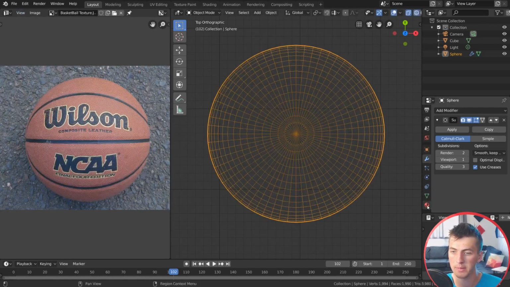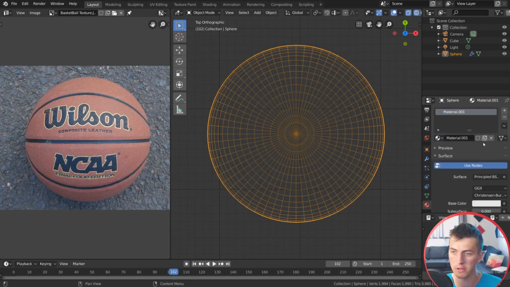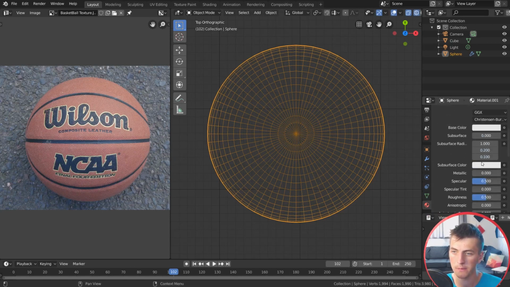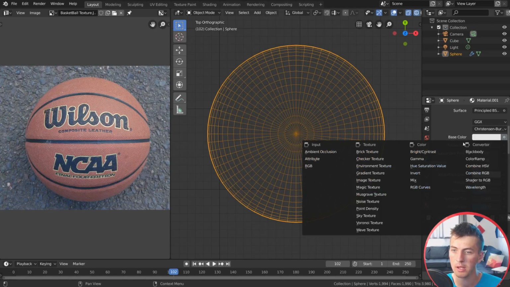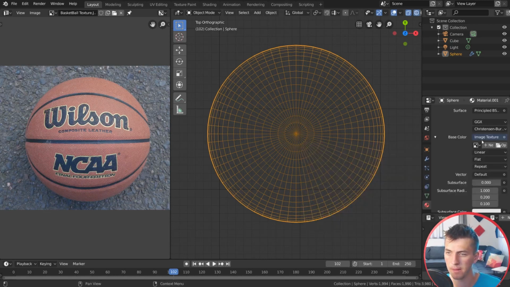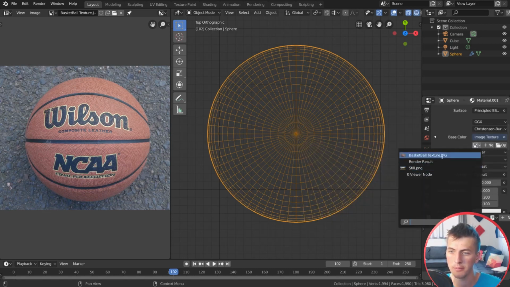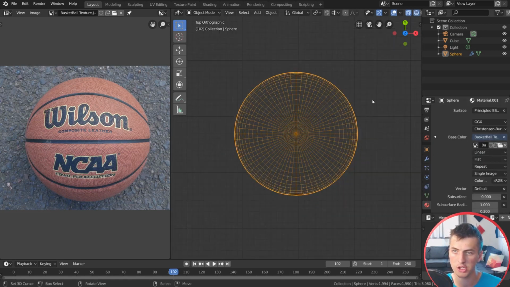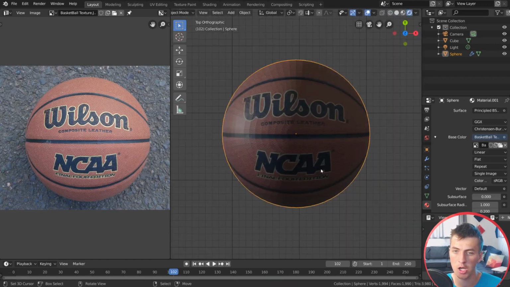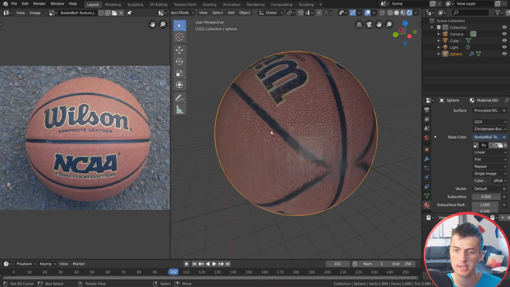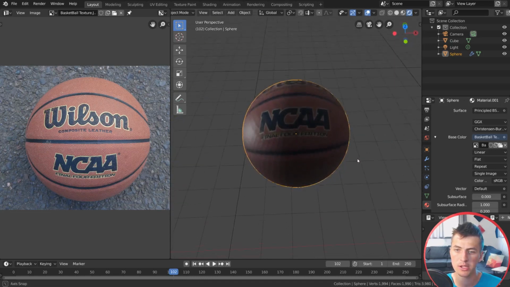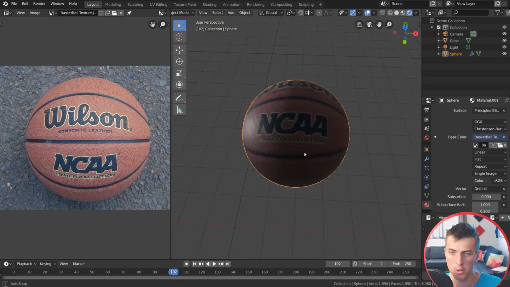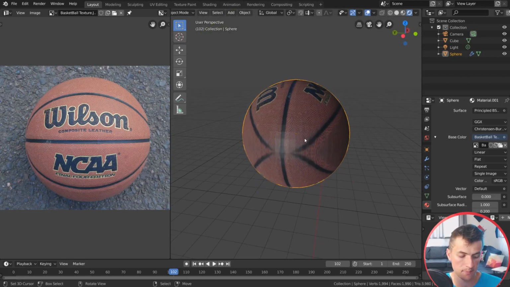I'm going to click on the material tab here, go new material. Under the base color here, we're just going to click that little button there and choose image texture. And this image texture is going to be the one we just opened up. If you click the little drop down there, it's already loaded in, and you can just grab the basketball texture. Now, if we switched to a rendered view here so we can see what it's looking like in our Eevee render engine, you can see that it has a bit of stretching, yes, but it does the job, and from this distance, it will look perfectly fine, just like that. Now I'm going to hit W and hit Shade Smooth,